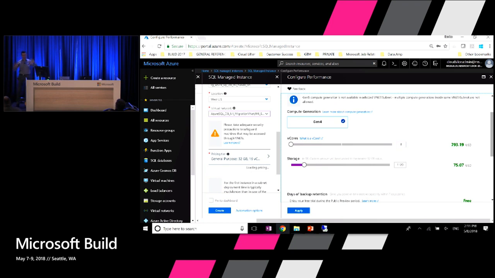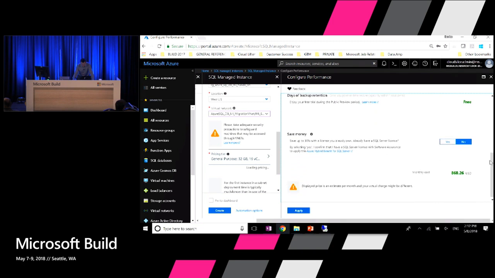There are two service tiers, general purpose and business critical. General purpose is using Azure Premium remote storage, and business critical is using local fast SSDs. So one of the differentiation points between those two is actually I/O performance, but there are some others, and hopefully I'll come to that. With the storage, you say, how much storage do I need for this instance? What is the size of the disk that I'm going to provision? And then there's the money option, which is interesting. If you have